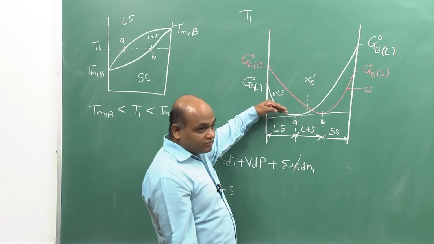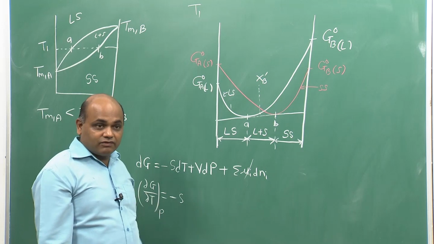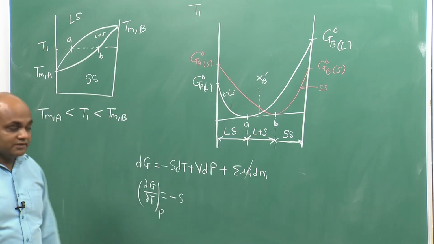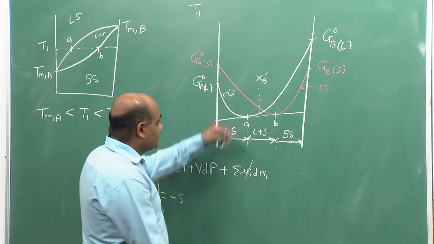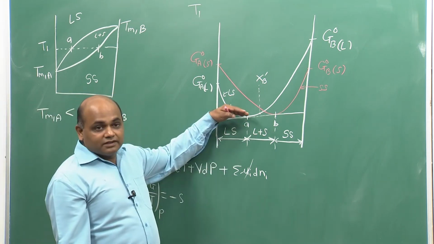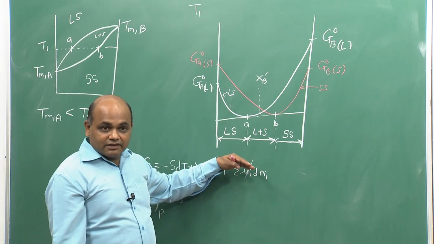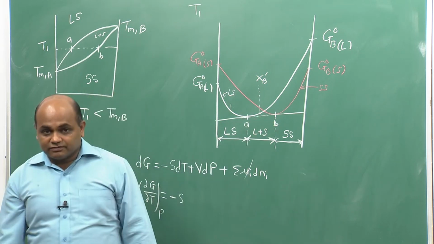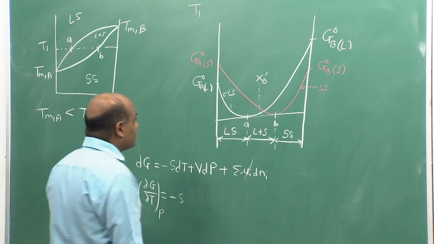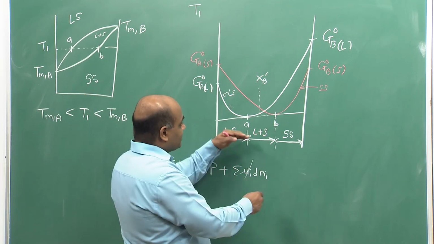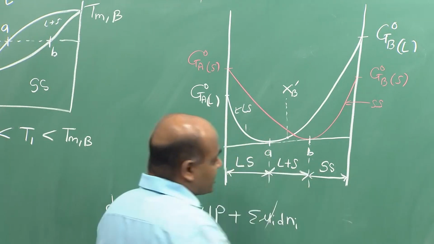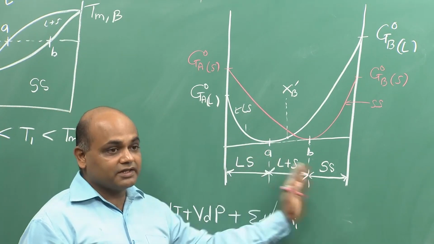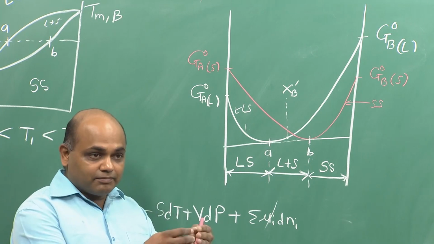So, the liquid curve will shift down faster than the solid curve, right. So, in a way it will look like relatively the liquid curve is shifting down relative to the solid curve, right. So, if we try to draw that, we will see that the points A and B, as I increase the temperature, both A and B are shifting towards right, and they are approaching each other,